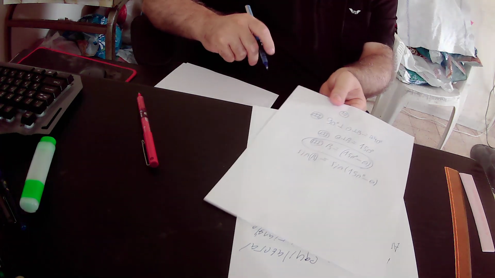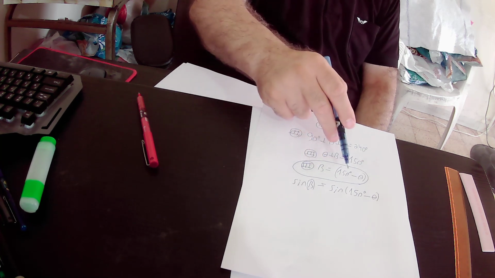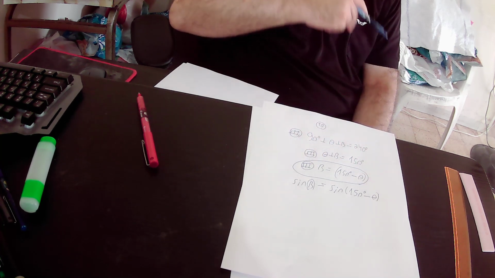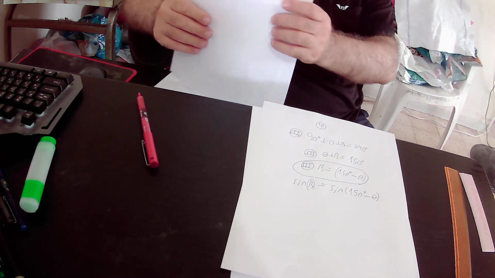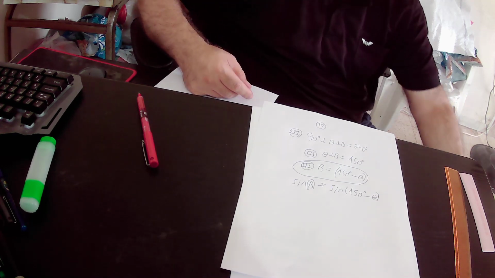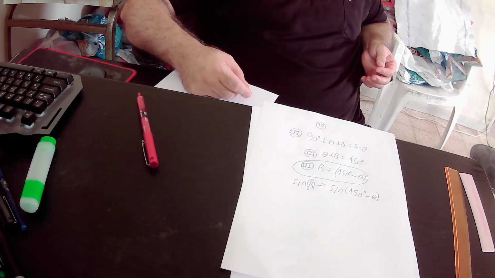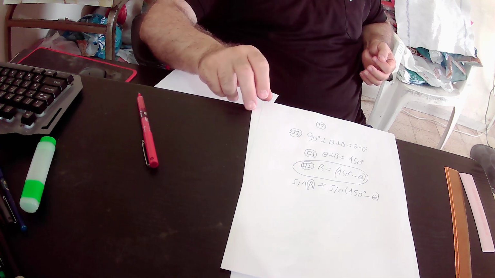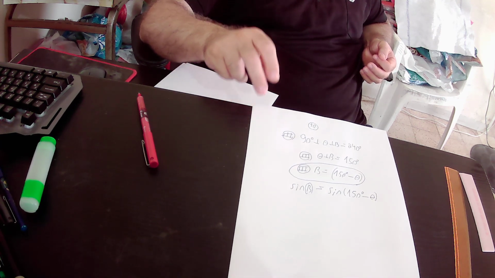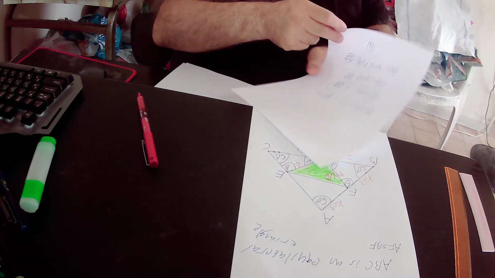Okay, if beta equals 150 degrees minus theta, then sine beta equals sine of 150 degrees minus theta. Okay, what is the value of sine of 150 degrees minus theta? Actually, we calculate the value of sine of 150 degrees minus theta according to the second trigonometric identity that states that